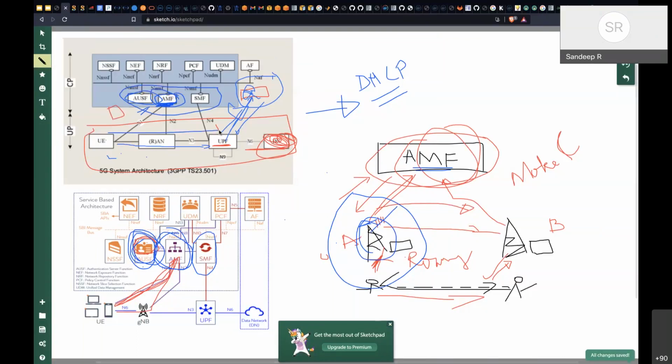a basic data plane, and then sometime later I want to design a NEF. So what is NEF? NEF is a network exposure function. Let us say you have 5G and something new comes up, like 6G comes up, and you want to integrate the 5G modules to 6G. So where do you find the integration point? You will integrate through NEF, because this is the exposure function. At the moment you do not have anything to integrate, so you will not have this NEF function. It will just remain like this.